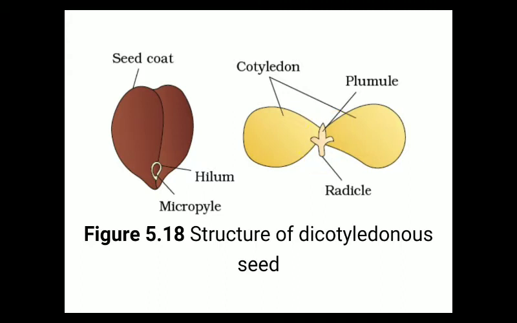On the basis of the number of cotyledons, plants are categorized as monocot and dicot plants. If the number of cotyledons is one, then it is a monocot plant. If two cotyledons are present, then it is a dicot plant. So once again, what are the different parts of seeds? Seed consists of two parts, the seed coat and the embryo. And the embryo in itself is made up of two parts, embryonal axis and cotyledons.